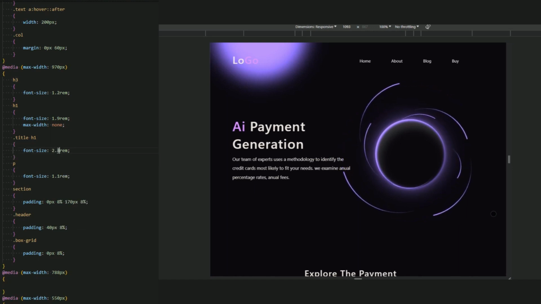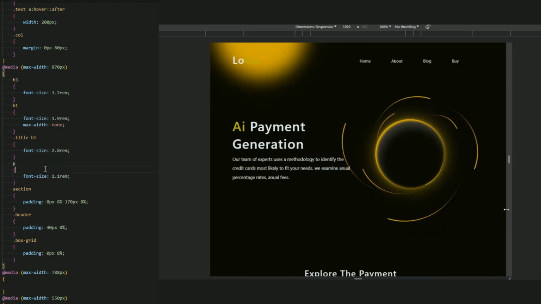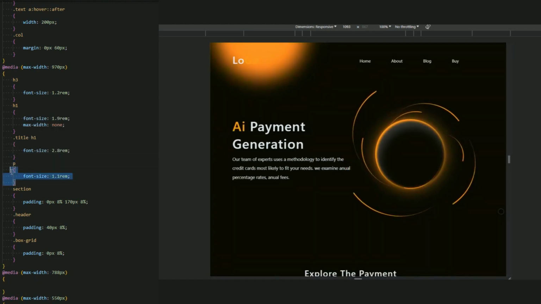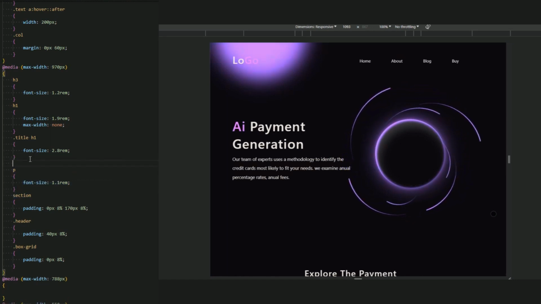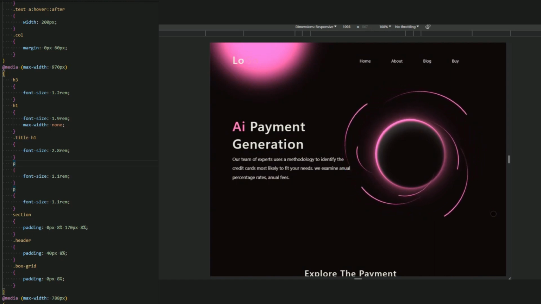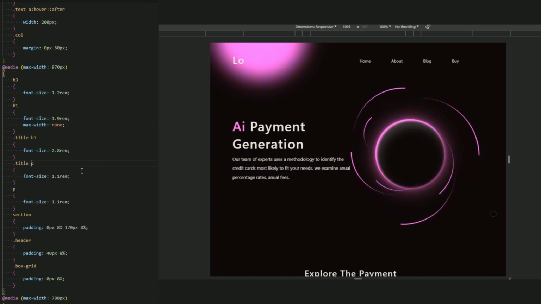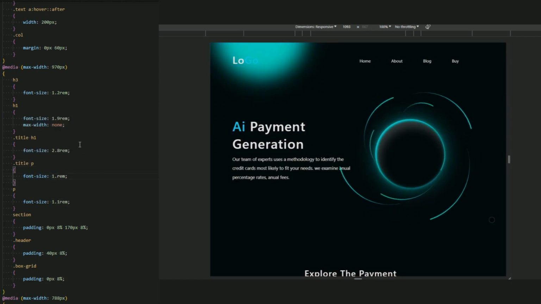Okay, and the title P, yes, title P, let me just copy this, paste it, title P. Okay, let be a 1.0 rem of this title P, and this be a 1.0 rem, max will be a none.